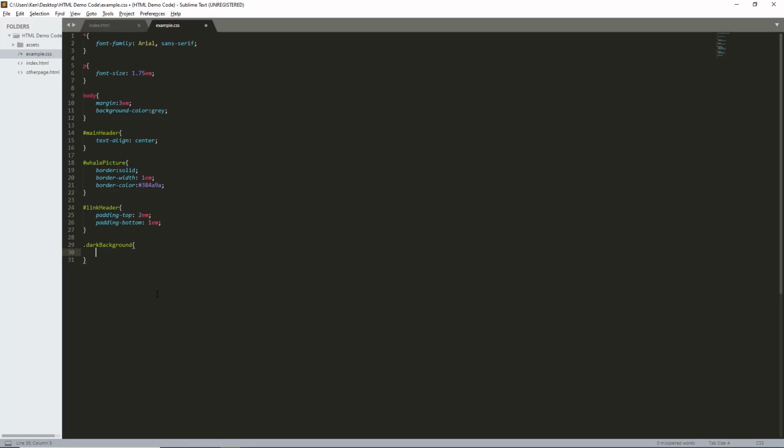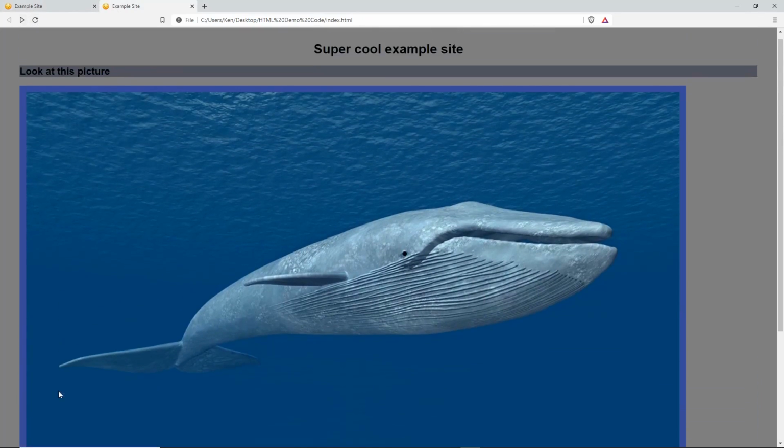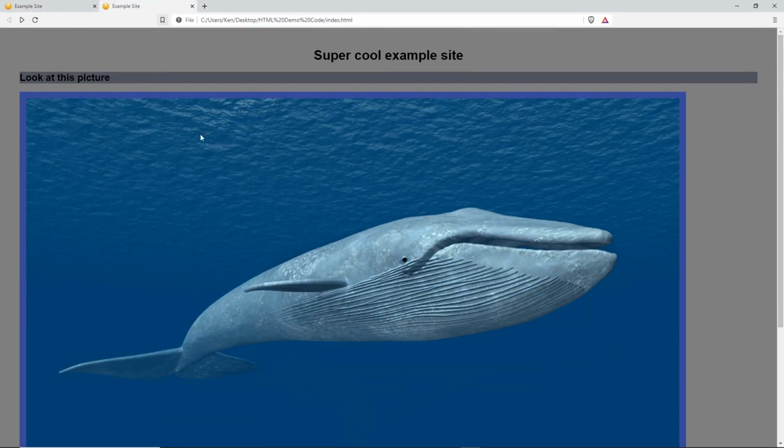So then we're going to go ahead and style that, and what we're going to do, we're just going to set the background color to, again, this is another hex value I have written down, but you can use whatever you want. It's 51545F. And that should do it. There we go. We have all of our CSS changes implemented